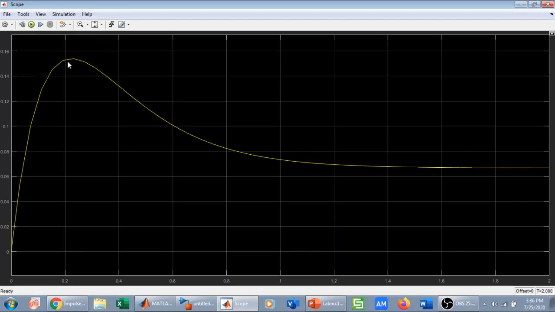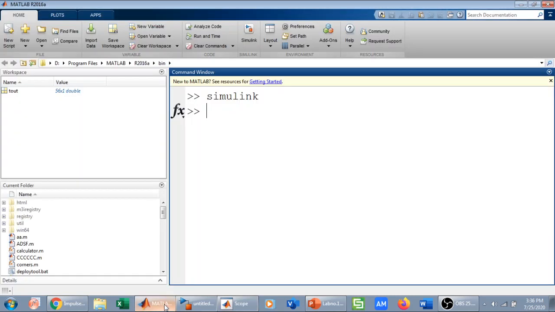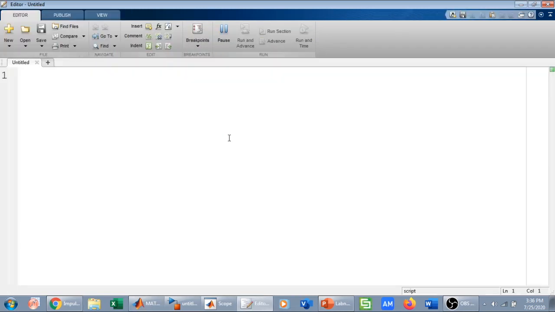So this is my step response of the system, and if you remember, it is similar to the step response that we found in MATLAB, which I can do again here by opening the editor. If the editor is open, I can simply type in the code. For example, numerator is equal to 2 2, denominator is equal to 1, 11, 30.